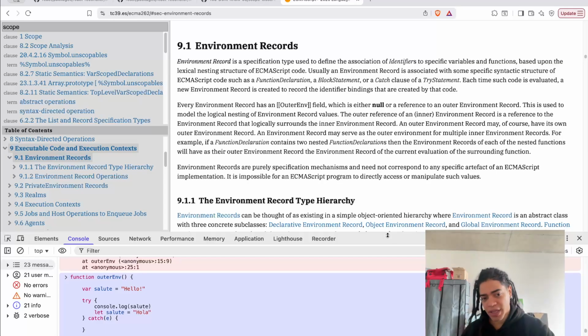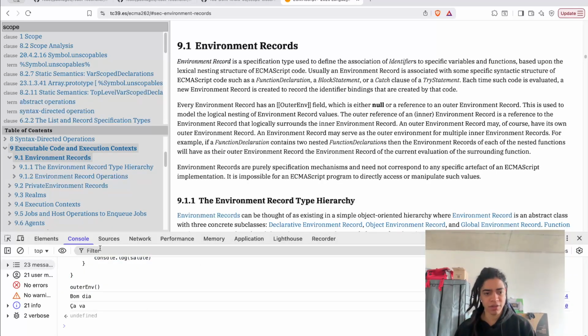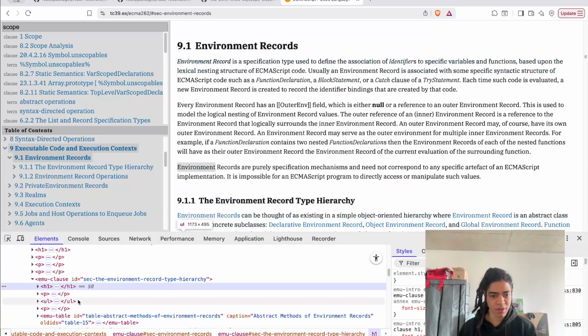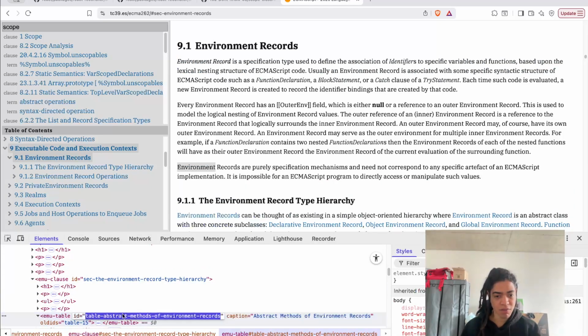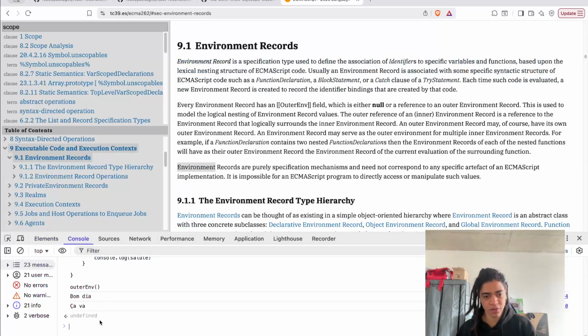And also, that is quite weird and I didn't know about it, but you can interact with the DOM